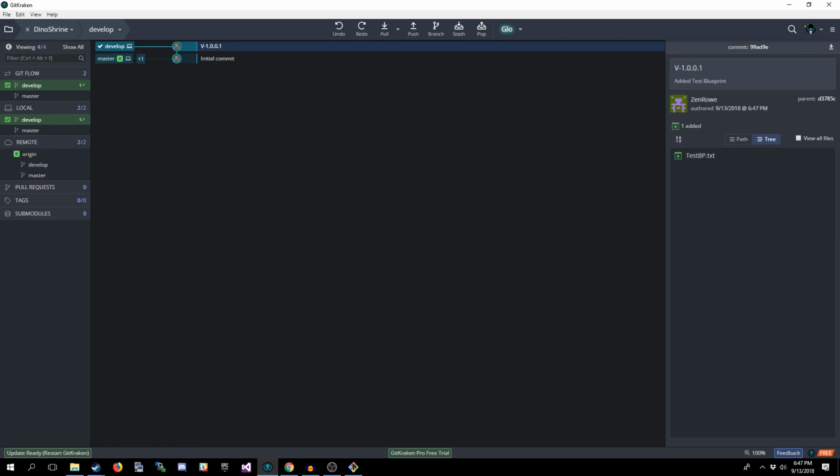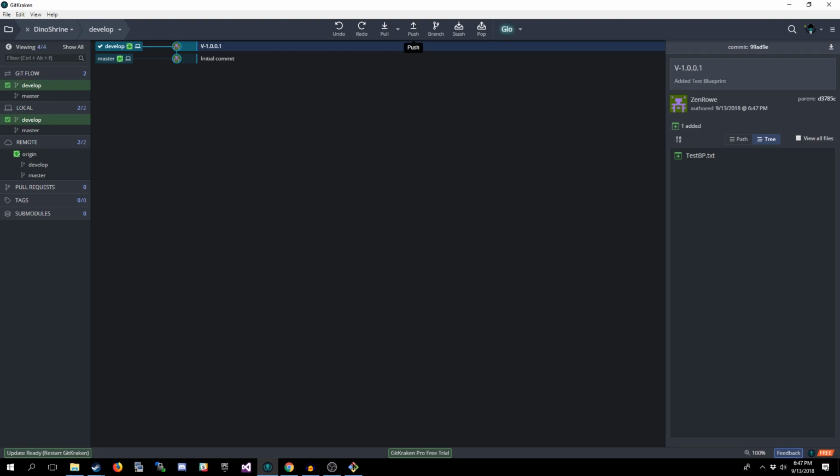So now our develop branch is one commit ahead of master. But you'll notice there's still a develop here at this same level. That's on the remote. So we've got a bit of tracking going on with our remote repository. So what we do in that case is after we've made a commit, we can push it. And now our remote is also caught up with the local develop branch.